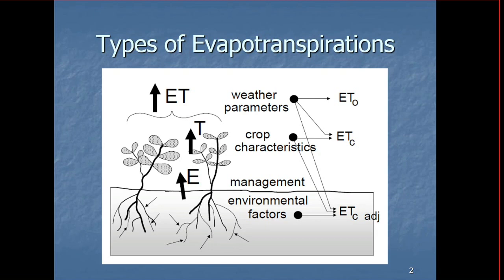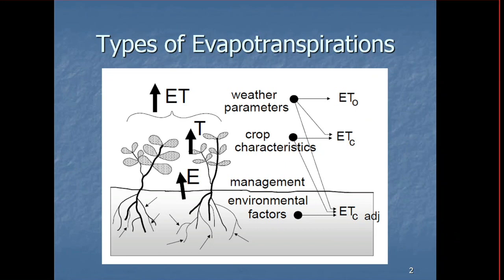Once you find ETC, the actual crop evapotranspiration for a crop, you have to further adjust it for the local environmental conditions, as I mentioned, for local humidity or wind speed conditions, which are different from the standard conditions taken